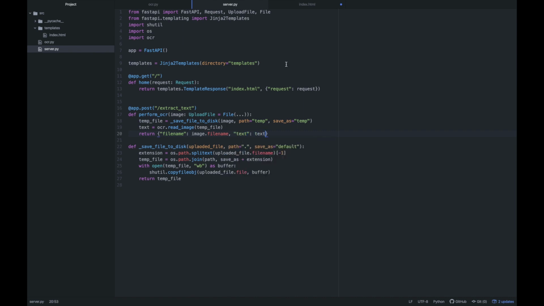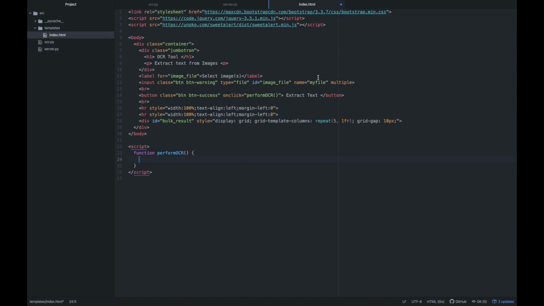Now we have our API defined at the back end, but we also have to call this API when we want to perform OCR from the front end. For that, I'm back to my index.html file. As you can see over here, we have a button defined which the user would press to perform the action of extracting the text. On the onClick function of that button, I have called the function perform OCR, which is defined over here,